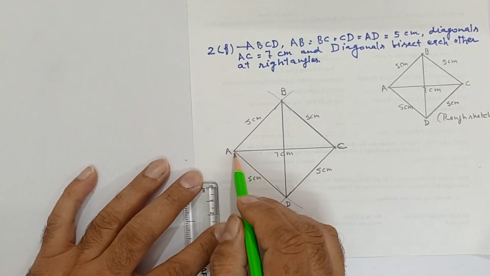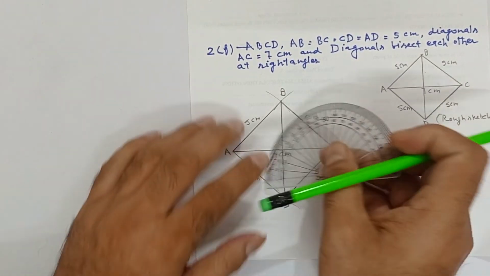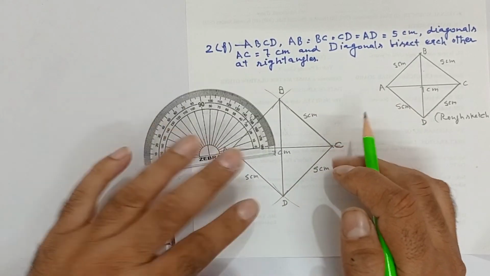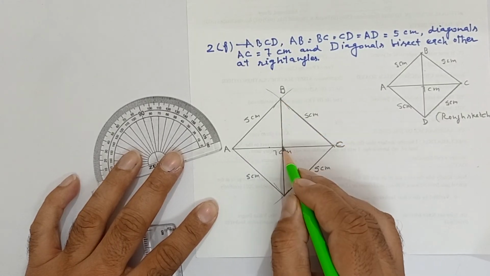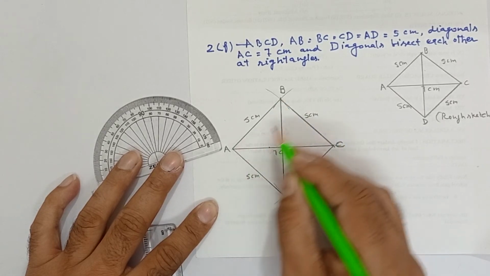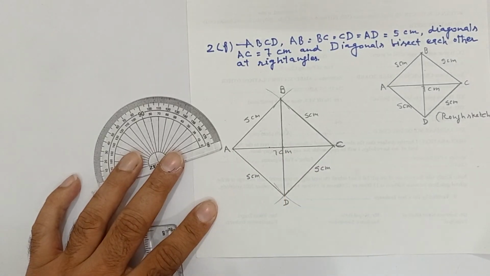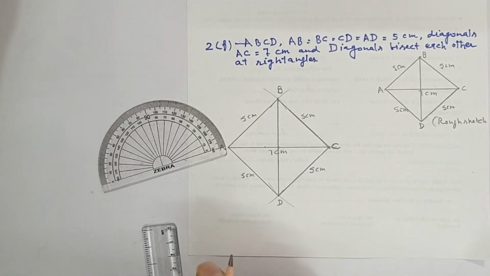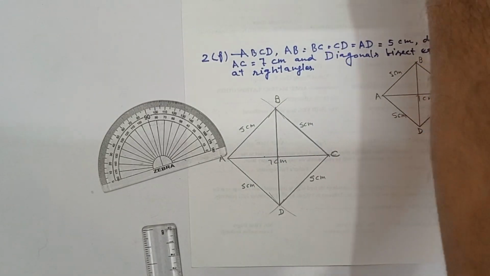So one thing is sure that AC and BD diagonals both are 7 centimeter. And moreover, you can observe by measuring, what angle is it? 90 degree. So suppose this point is M, angle BMC, angle BMA, angle CMD, angle AMD, all will be 90 degree. So we need to check which quadrilateral satisfies these properties, that diagonals bisect each other and they bisect each other at 90 degree. I am showing one table for this to you.